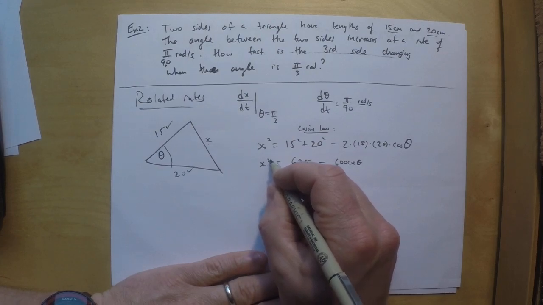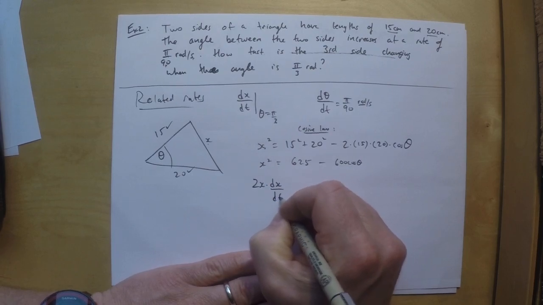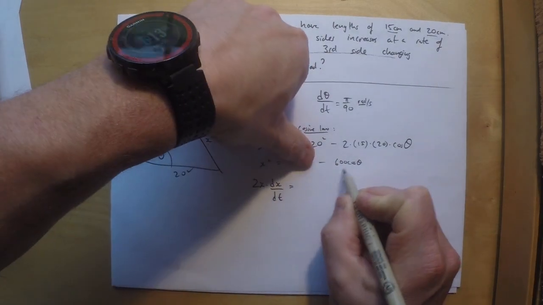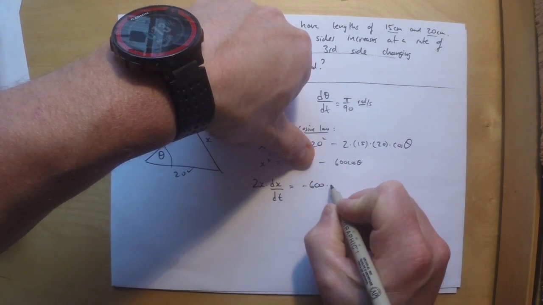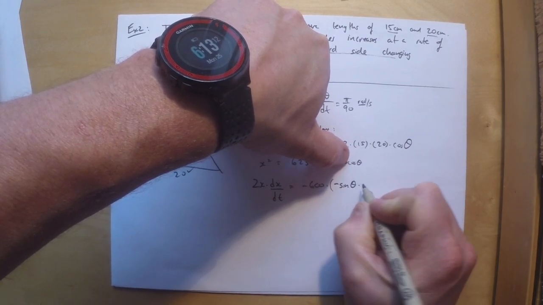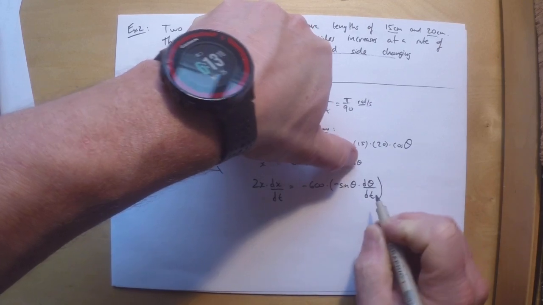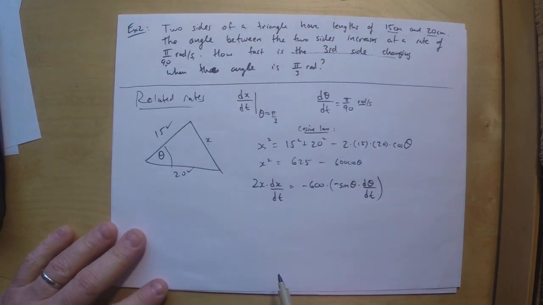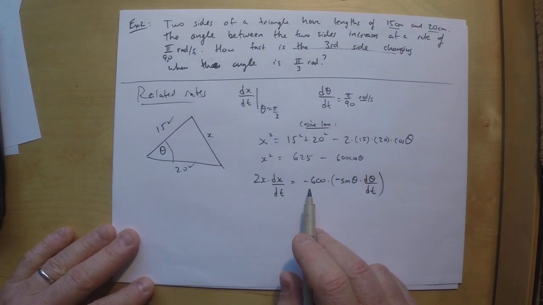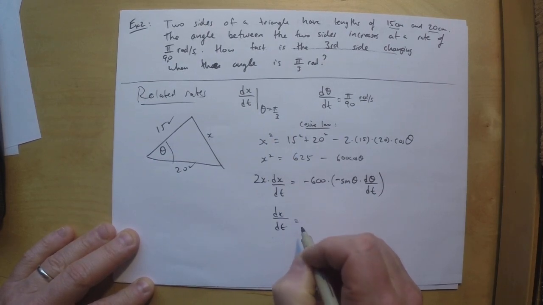Derivative of x squared with respect to t is 2x dx dt. The derivative of a constant, thank goodness, is 0. The derivative of this is going to be negative 600 times the derivative of cos. Derivative of cos is negative sine theta times the derivative of the inside with respect to time is d theta dt. Biggest miss right there. So you get a double negative, makes you positive,